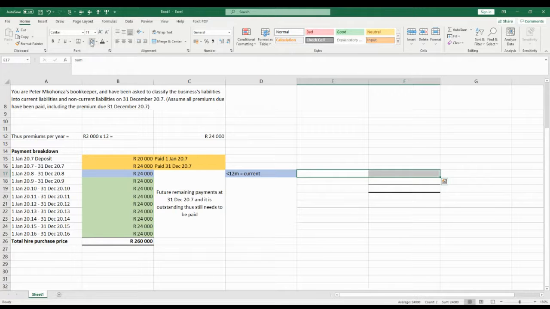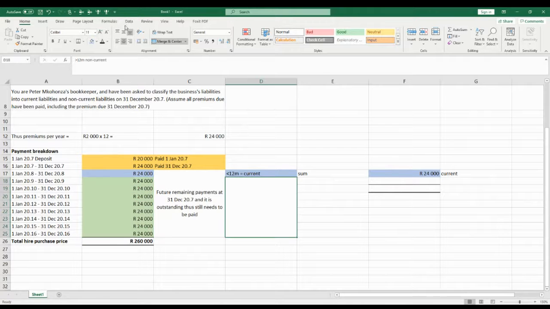That means our sum of current is 24,000. But now the remaining amount is non-current because it will happen after more than 12 months, so it's seen as non-current. So if we do the sum of that,